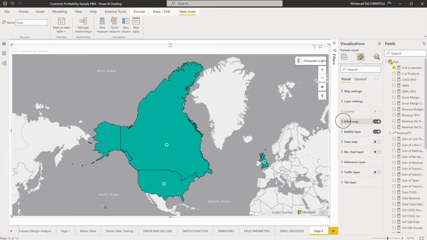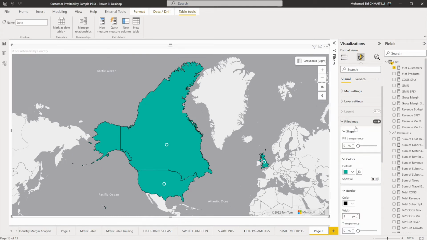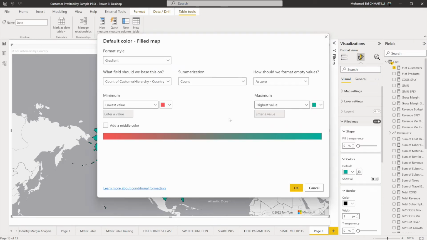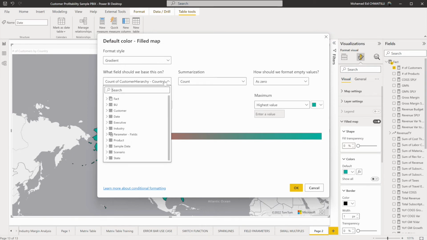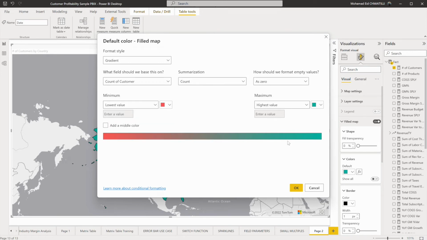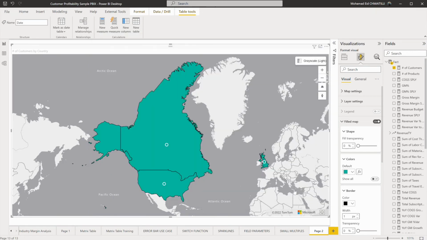And this is very important. Why? Because now, because I use it in the filled map, I can use the customizations to show the lowest value to the highest from the count of customers. So I go to number of customers, count 0, and I click like this. And you can see what will happen. Here we see that the lowest number of customers is in Canada, then the highest number is in the US, it is the highest, and Great Britain also has one of the lowest counts of customers.